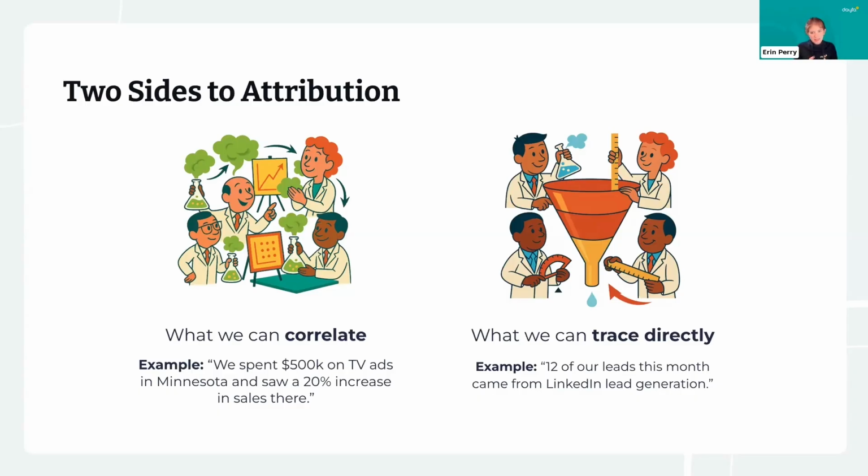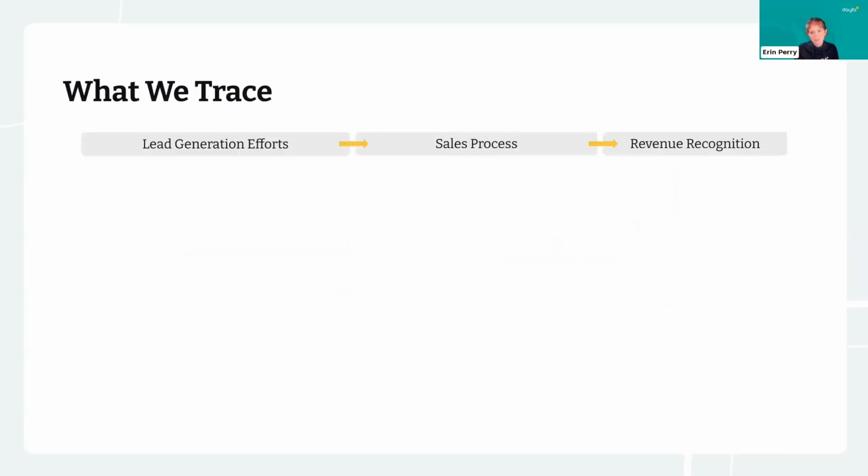What we can trace directly is still impacted by what we can only correlate. We can't reliably know what that fishbowl lead's first brand impression was. Maybe they've been seeing our giant billboards for weeks before they drop their card in the fishbowl. But today we're not going to let perfectionism get in the way of progress. It's still critical to track and attribute where you can, even if it's not the entire picture. So today's presentation is going to focus specifically on directly tracking your internet leads back to your digital campaigns. And for those of you not in Minnesota, you can Google Chris Lindale for his marketing campaign.